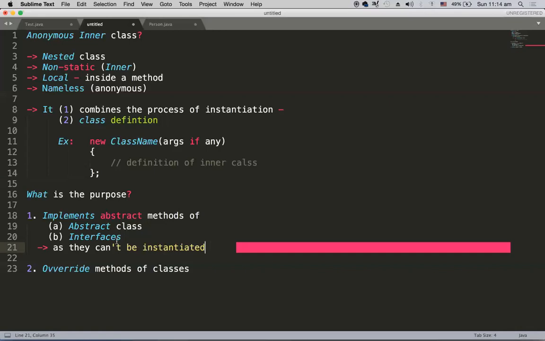So now here comes the anonymous inner class. What the anonymous inner class will do is implement the abstract methods of the abstract class and the methods of interfaces. Because they cannot be instantiated, now the anonymous inner class comes into the picture, which implements, here in the definition, all those methods. Okay, and it can be instantiated,